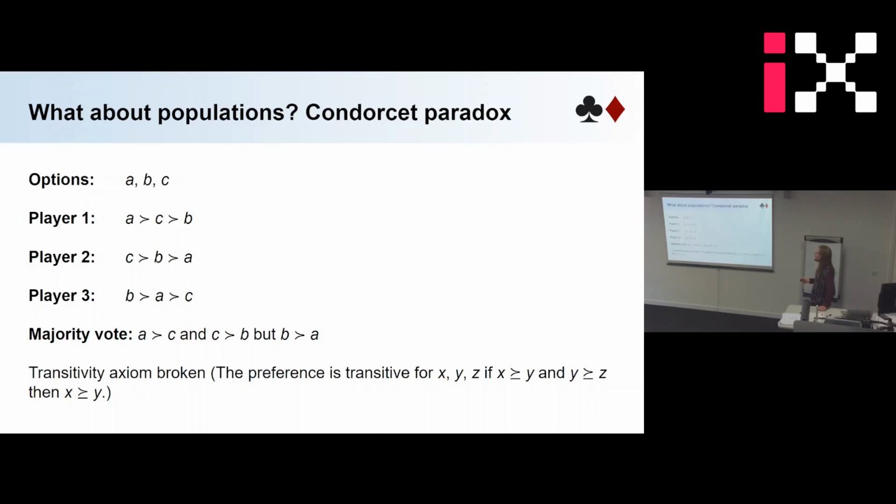So apparently, the group likes A more than it likes C, and C more than B. So the group likes A more than it likes B. But if you actually go and offer them B and A, they choose B by majority vote, because player 2 likes B more, player 3 likes B more, only player 1 likes B less than the rest. So that means that you have a set of rational agents that have to make a decision together, and the population as a whole behaves irrationally. And so generally, if you try to enter populations, it becomes a completely different can of worms. And so